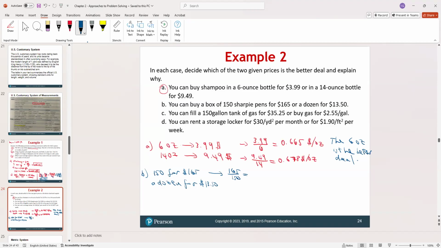165 over 150, that's $1.10 per pen, right? Now, for this one, you're going to have 13.50. What is a dozen? A dozen is 12. When you do these divisions, it's going to give you $1.13 per pen. So which is the better deal? Yeah, the box of 150. The box of 150 pens is a better deal,